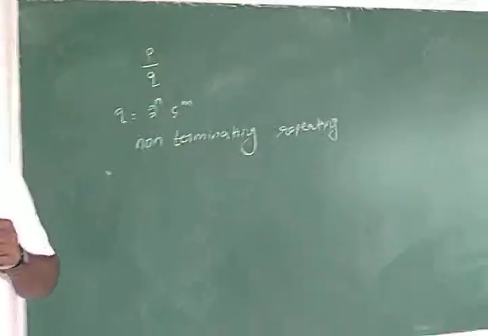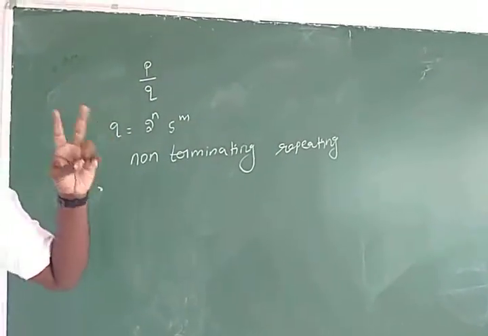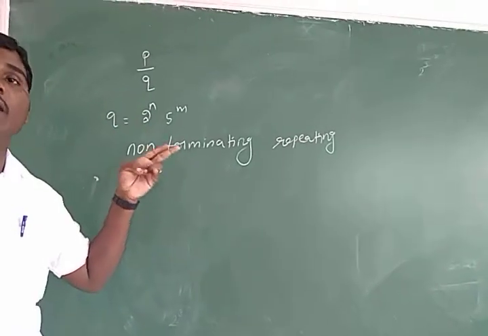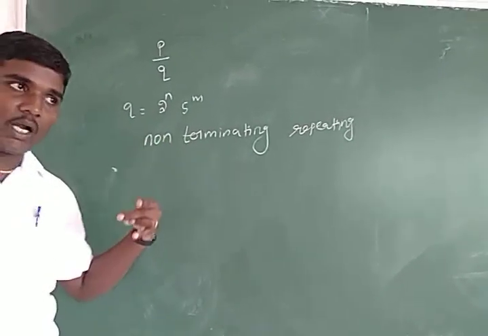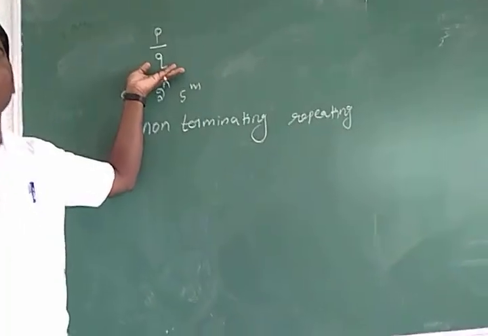Next, some problems. First, we want to check two concepts. First, check whether the given numbers are co-prime. Then second, we want to find the prime factorization of the denominator.